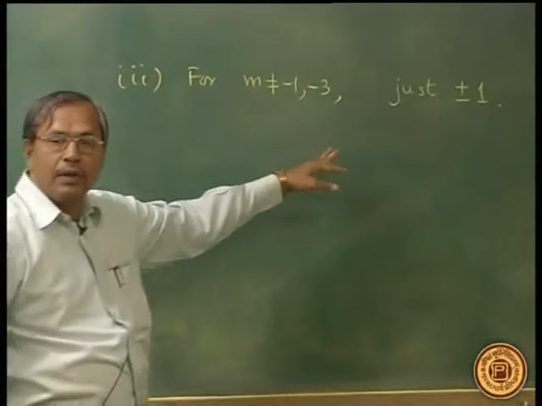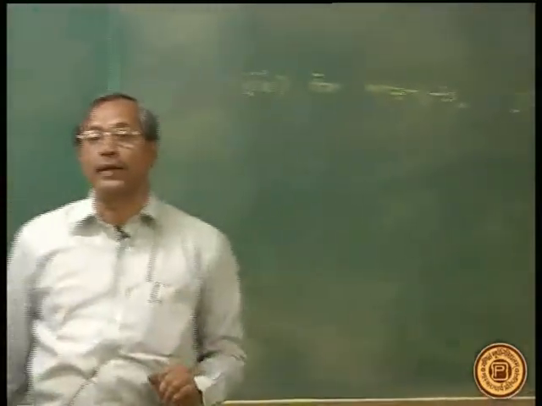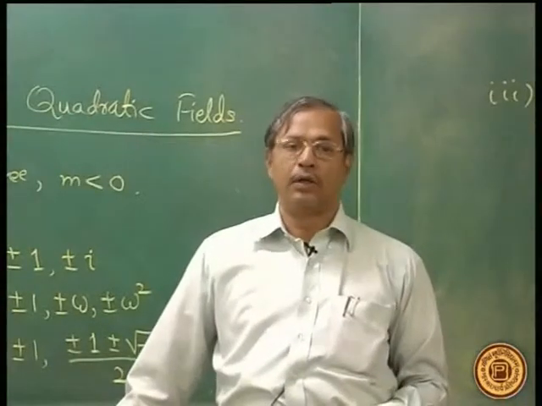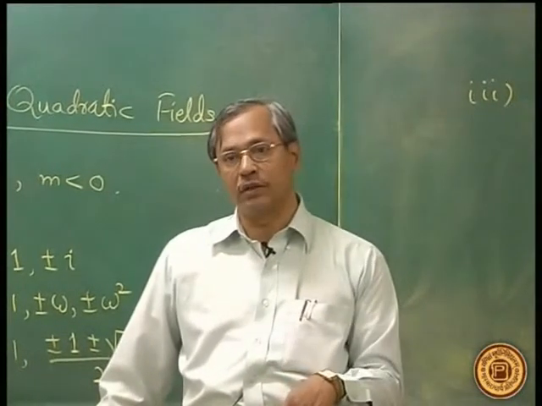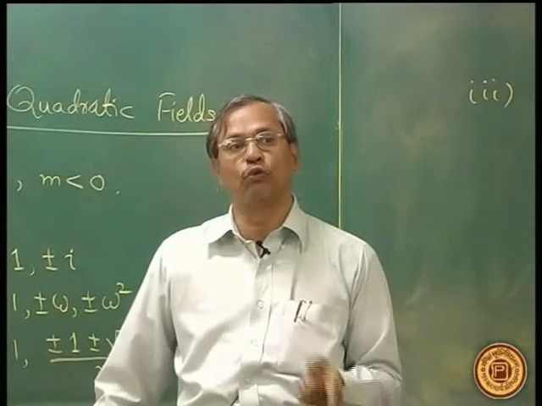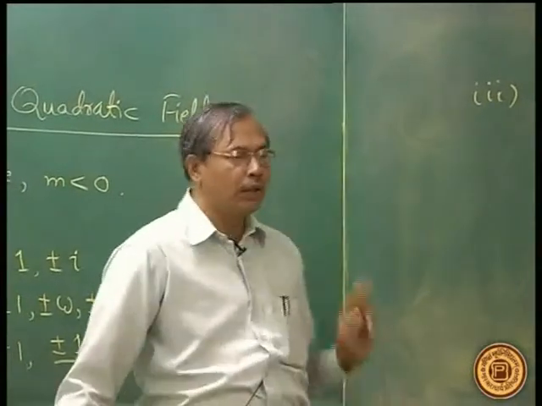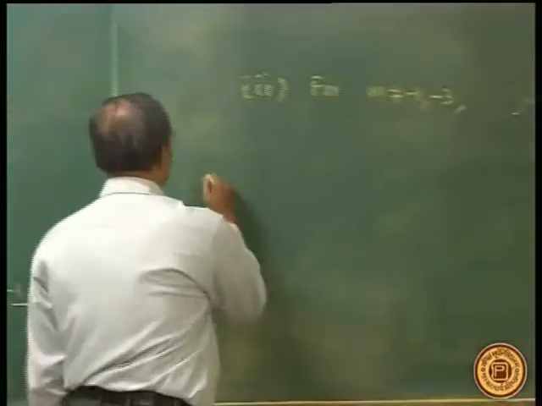So for example, Q(root -2), what are the units? Only 2 units, plus or minus 1. Q(root 2), if you consider, then infinitely many units. But Q(root -2), there are only 2 units. To prove this,